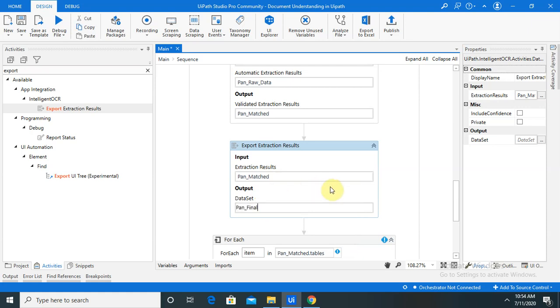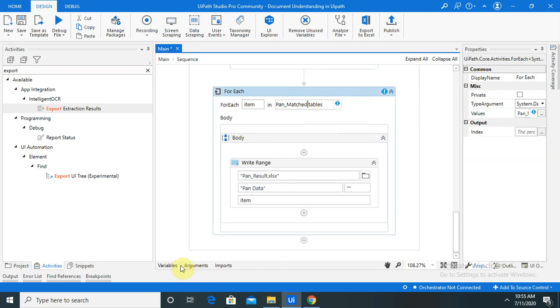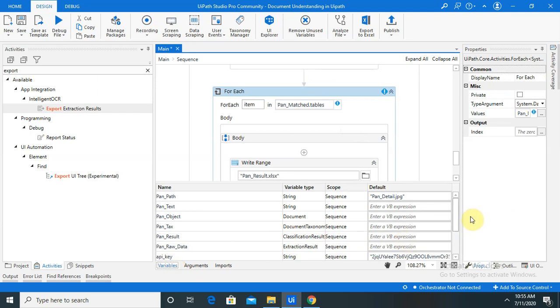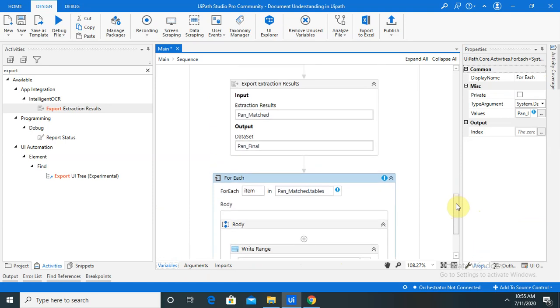So let's provide it here, pan, or delete all this, pan final dot tables. Now you can see this is available here, and it will resolve all the warnings. Now we are done.